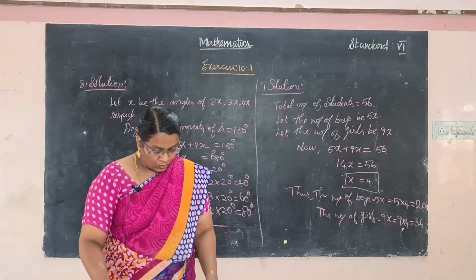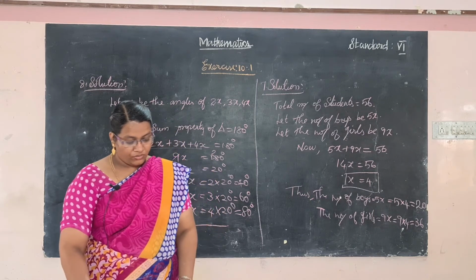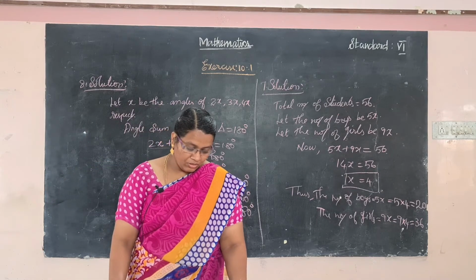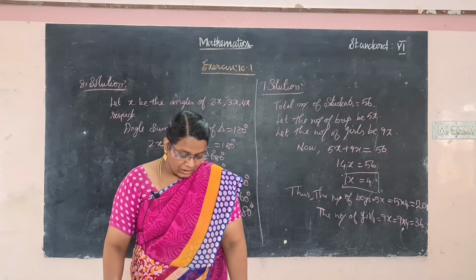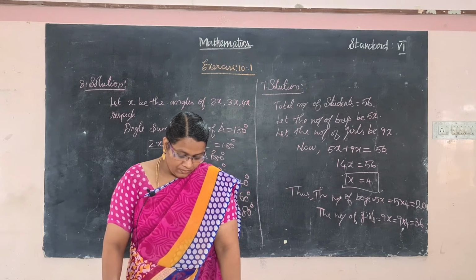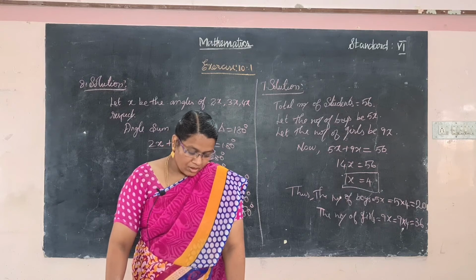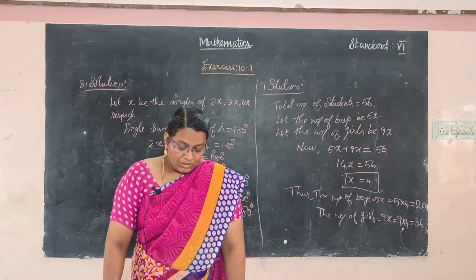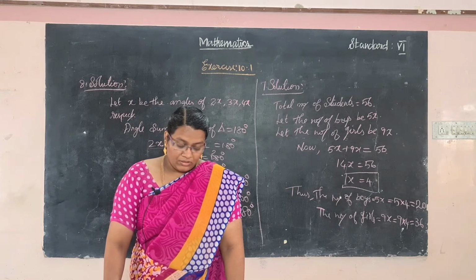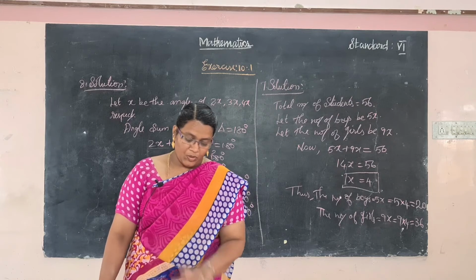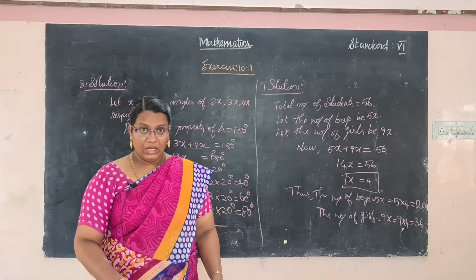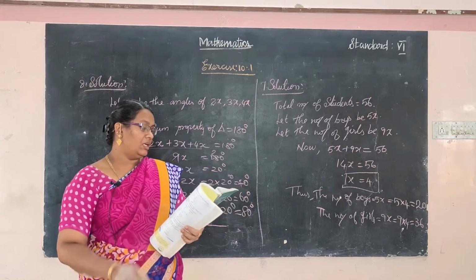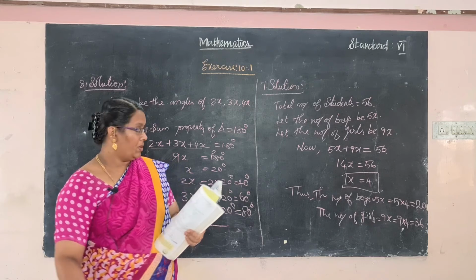Now move to the ninth one. Two numbers are in the ratio 3:8. If their sum is given, it is the same method we have already done. So the ninth one is homework, and the 10th also homework. I will do the 11th problem, which uses the same method as the 10th problem. Here a very large number is given. 9 and 10 are homework.